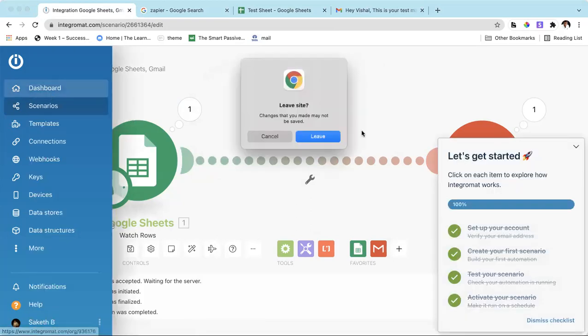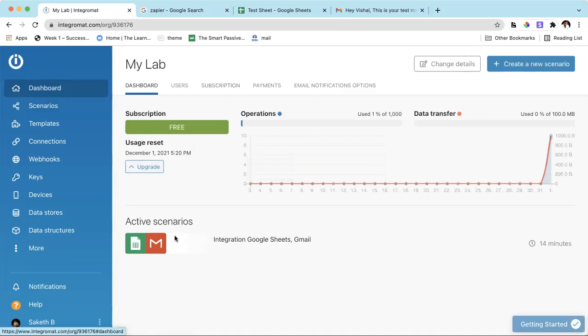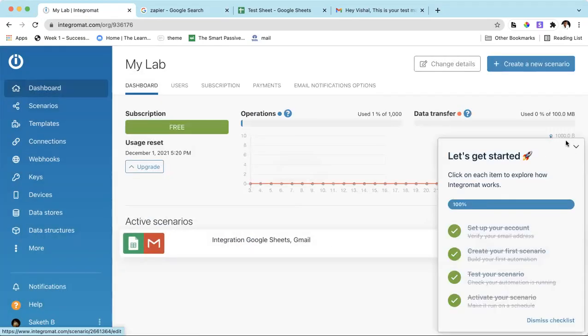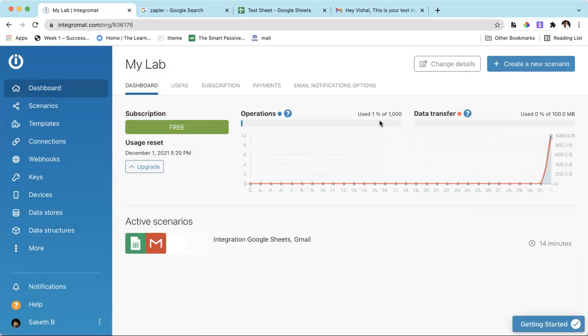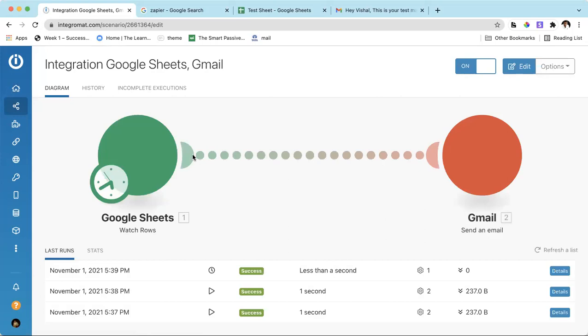Now you can click on dashboard. You will see your operations over here. You have 1,000 operations, but you have already used almost 10 operations for this. The first operation will be how are operations connected. Let me just show you that process.